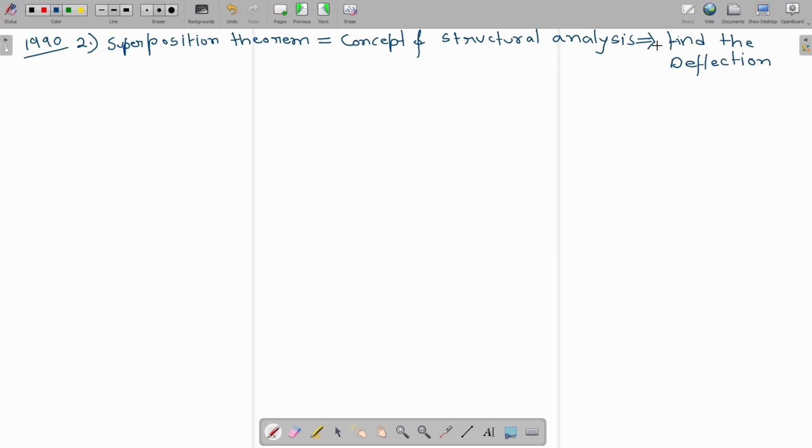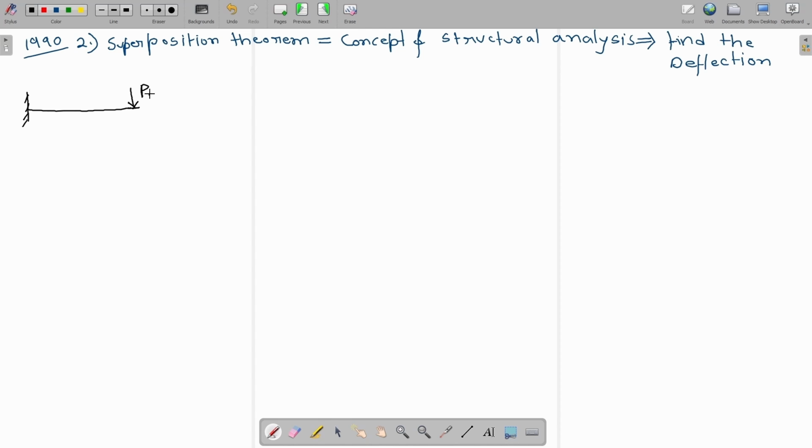Okay, deflection of a beam. Now, deflection means the structural displacement. What I am referring to here is that, let me draw a quick beam. Okay, let me draw a cantilever beam here. Say, suppose this is my cantilever beam. A load is acting on the cantilever beam at the tip of the cantilever beam.